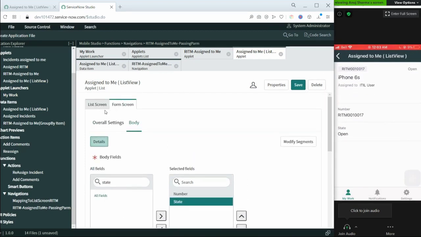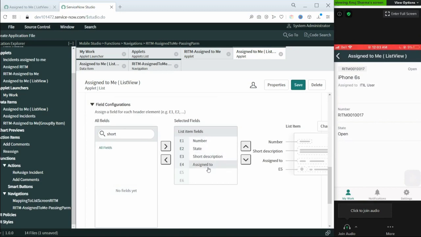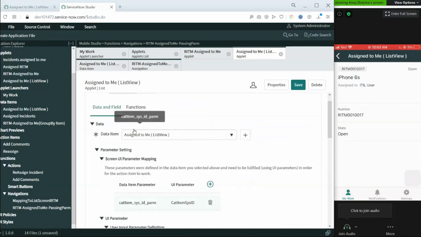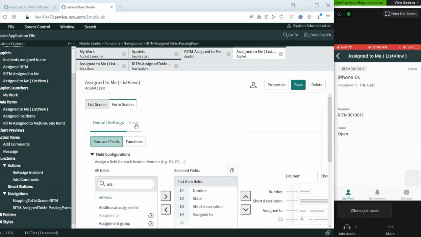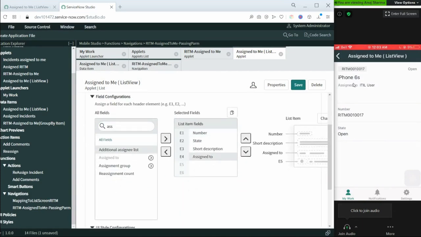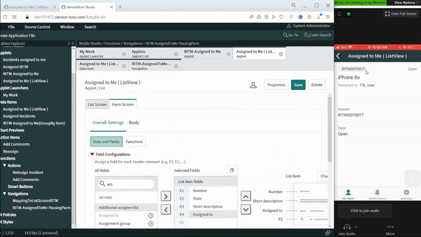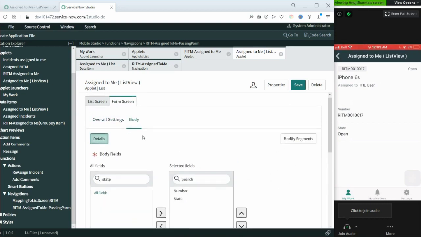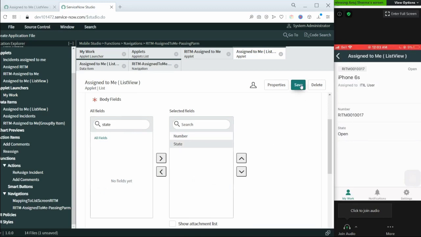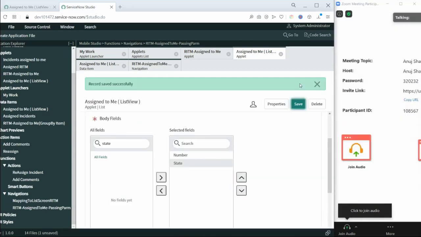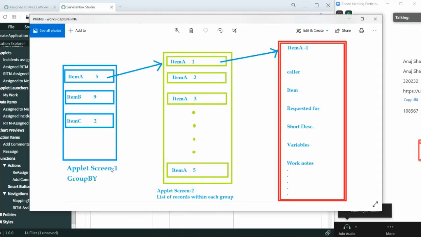The header: number, state, short description, assigned to, and my body. Here, sorry, this is the list view. Within that list view, this is the header information, number, state, short description, assigned to, and the body, number and state. So this was the presentation on how to pass a parameter from one applet to another,